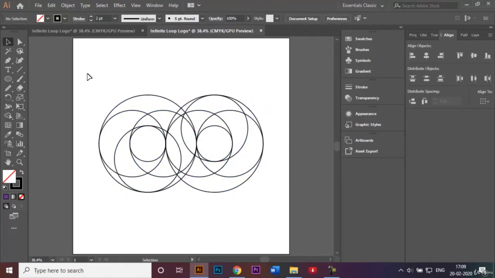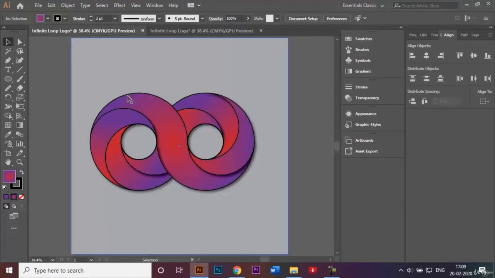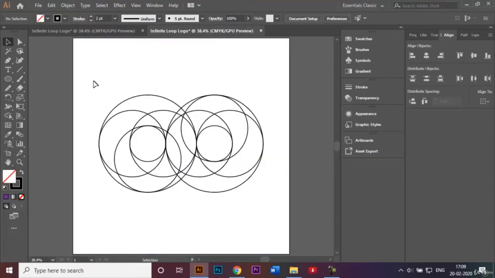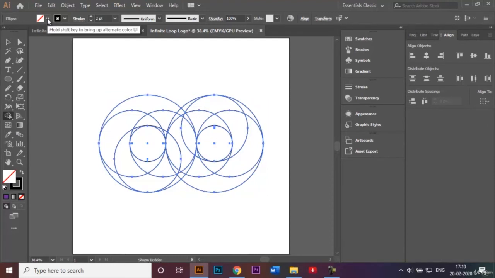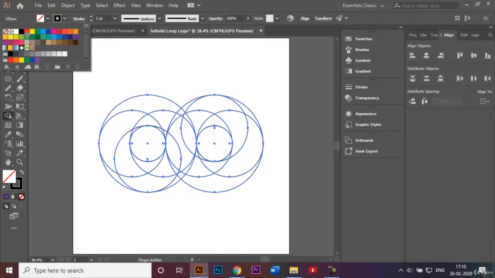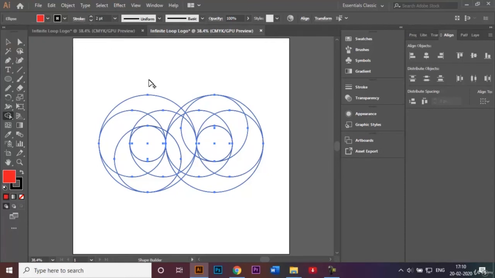Now we'll go ahead and make these kinds of shapes. In order to do that, I'll select all of them and choose this shape builder tool. For now, I will be adding a solid color and I'll be adding the gradient a lot later. So I'll be choosing this bright red color for now. And with the help of the shape builder tool, I'll just carefully select the shapes that I want to combine, like